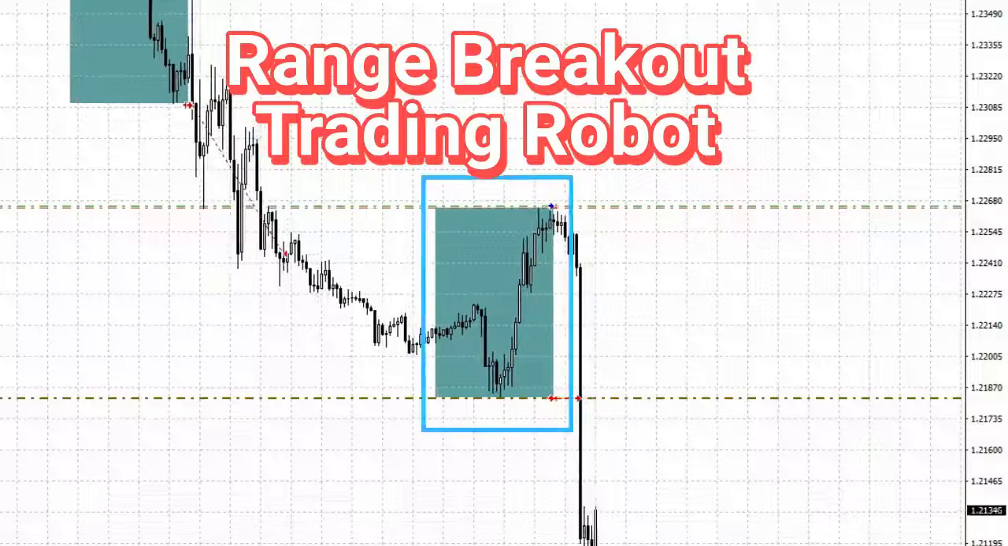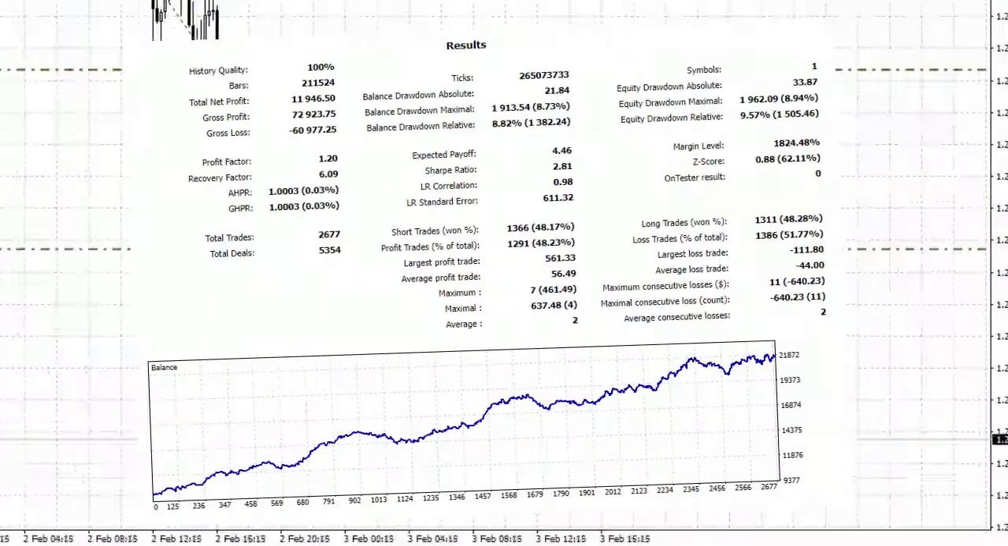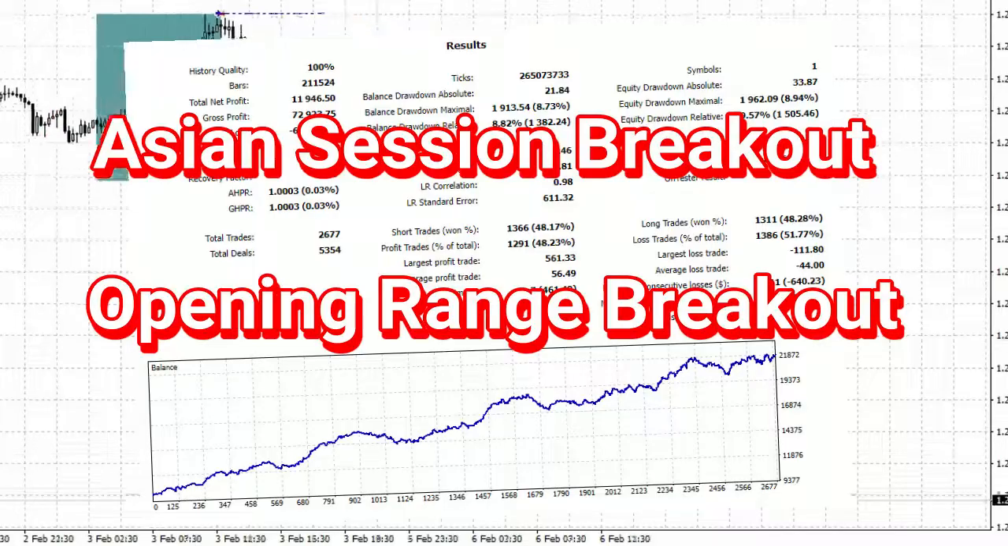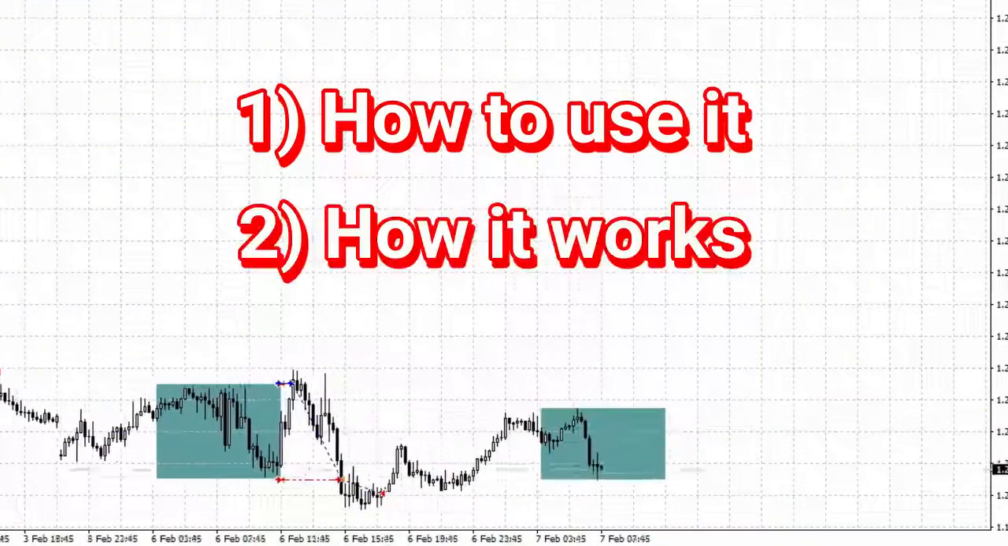This is the Range Breakout Trading Robot. It's designed to trade session breakouts as well as opening range breakouts. In this video, we're going to run through how to use it, how it works, and what each of the